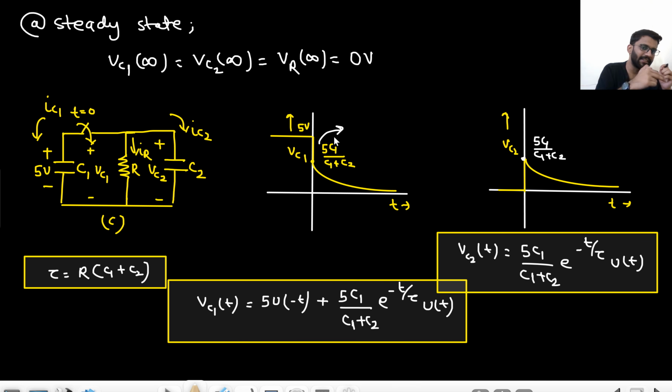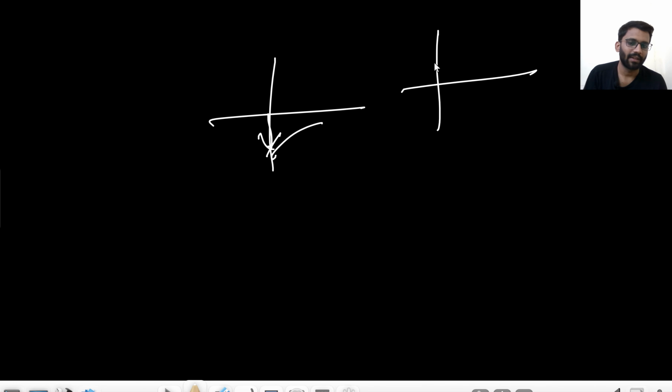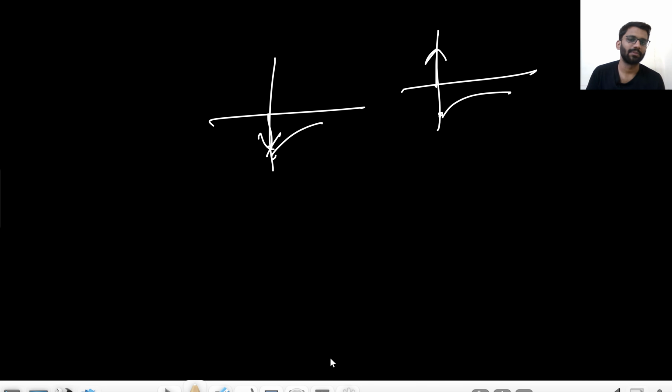That means VC1 is decreasing. That means we will have a negative current, and eventually the current goes down to 0. Right? So how will that dummy waveform look for IC1? Negative impulse, then goes down to 0. What about IC2? A positive impulse, because voltage is increasing, then voltage is decreasing, that means negative value, that decays down to 0,